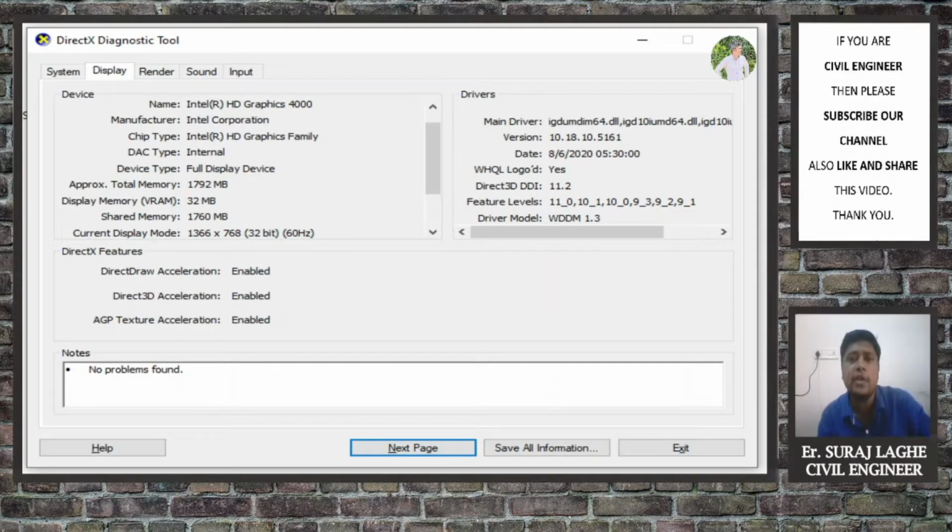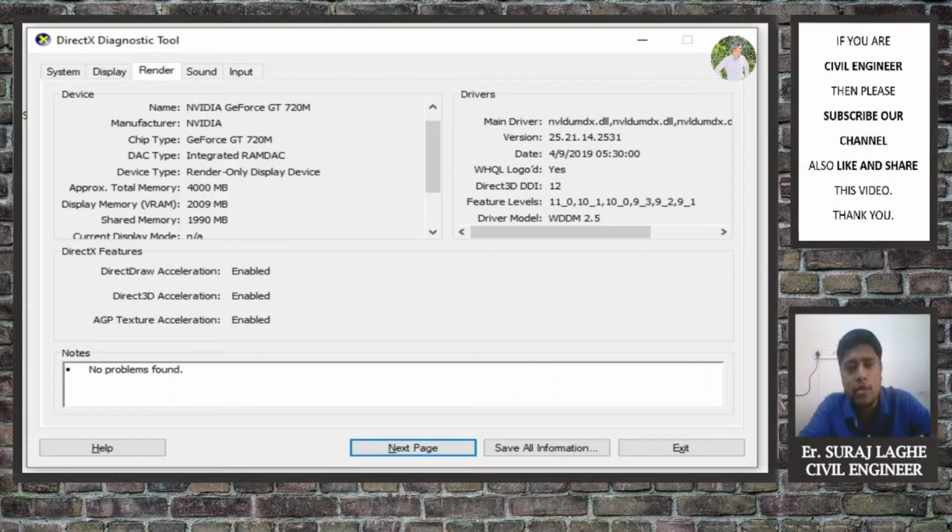Okay, similarly we now click on Next, and we will see what about rendering, which is required for 3D work. And here it is. Now you can see what devices are actually present in my laptop for rendering purposes. So why is this important? Now the main video starts, and yes, I request you to do all these steps regarding the Windows update or upgrade, whether you are getting it or not, and then collect the system requirement or system information by following these steps.